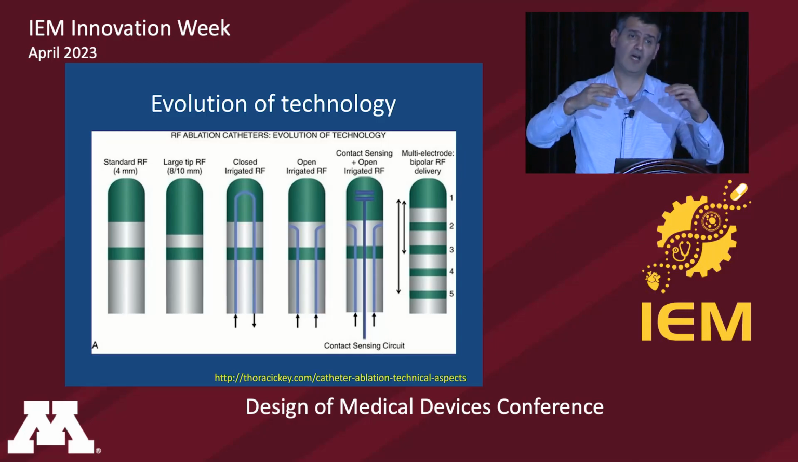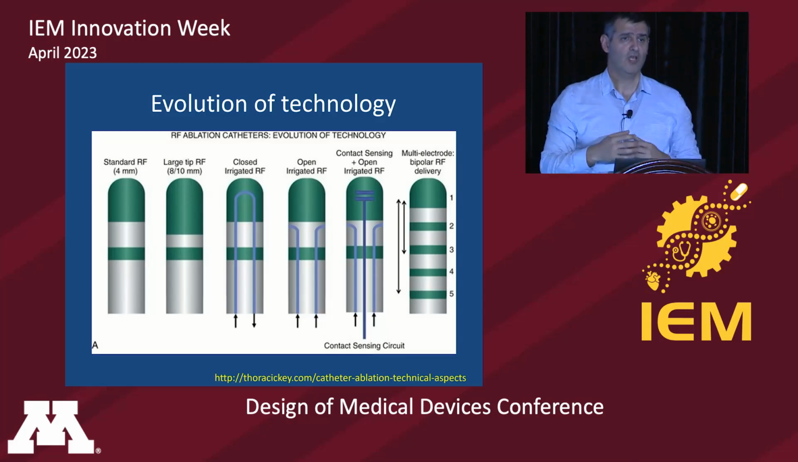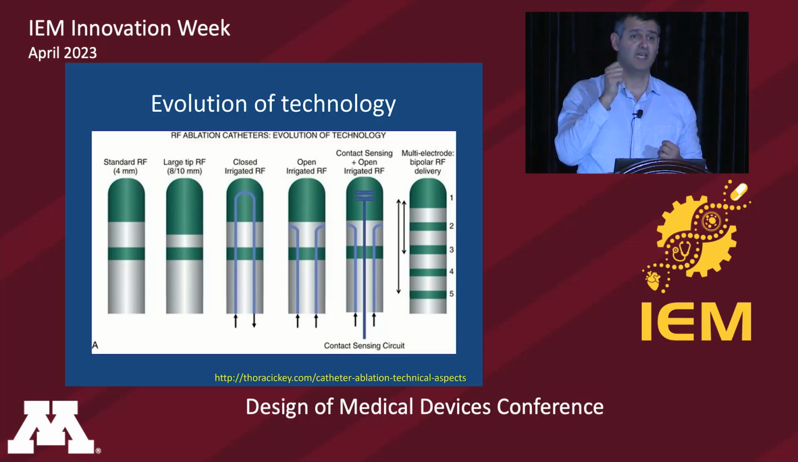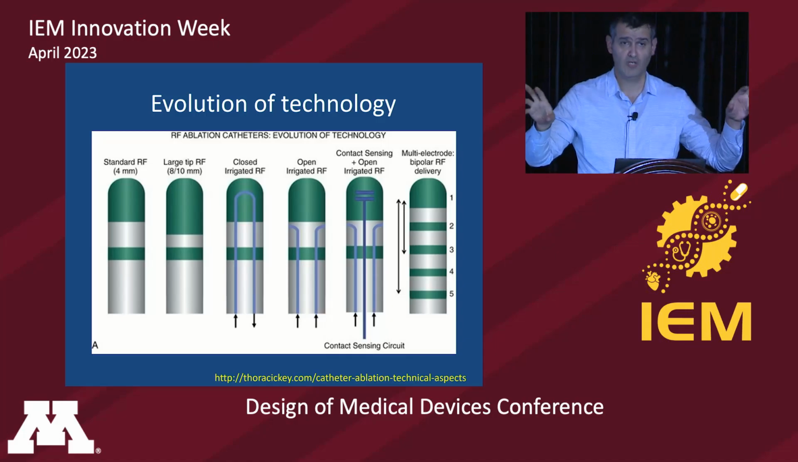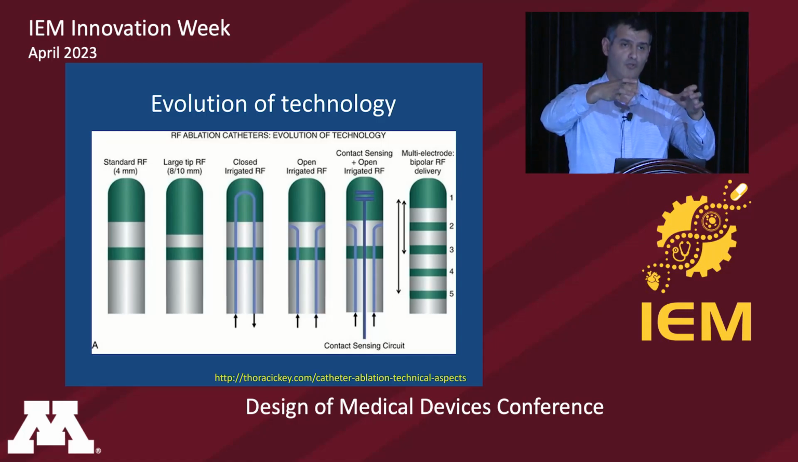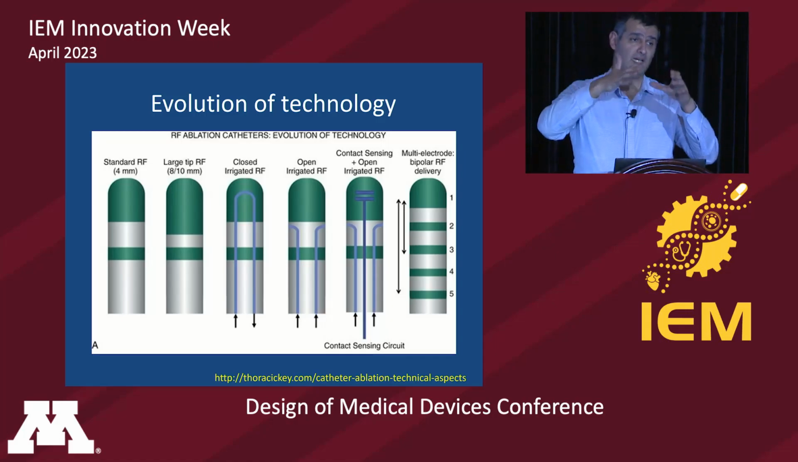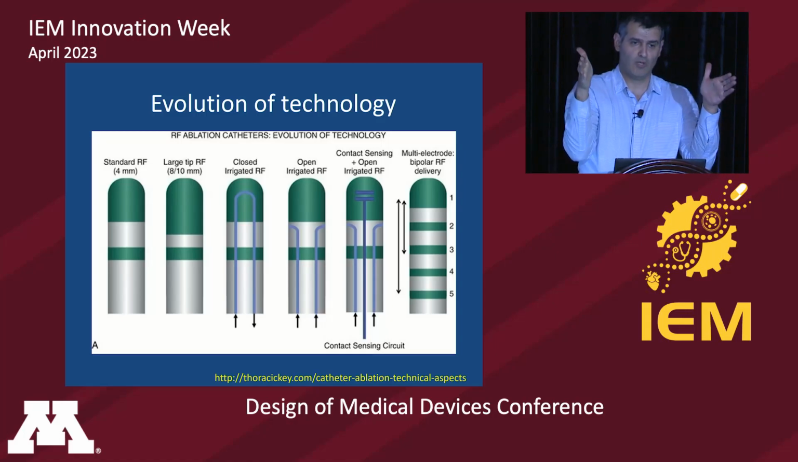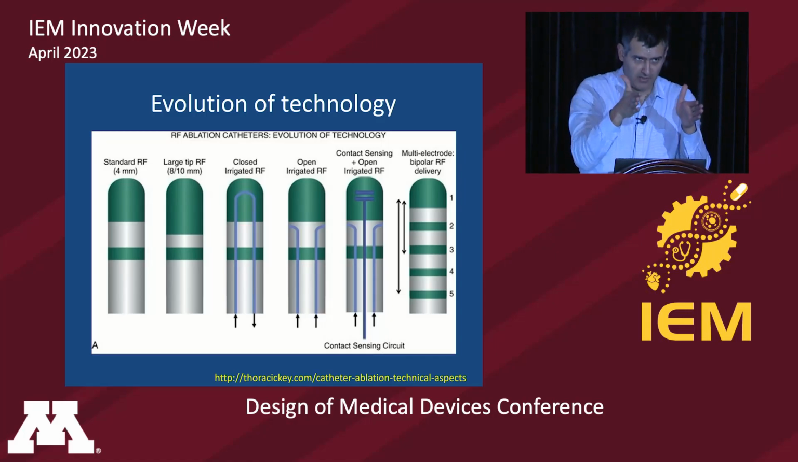So what they created now is holes in the catheter. That's what we call an open irrigated catheter. Now we're pumping fluid in the catheter, but that fluid is coming off of the tip of the catheter. It doesn't just cool the tip this time. It also cools the surrounding tissue that you're in contact with. And by doing that, you will drive the heat down,